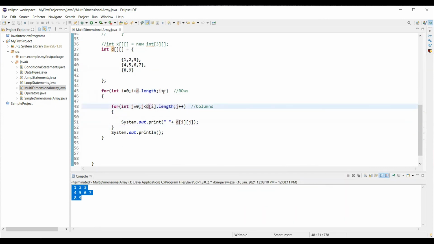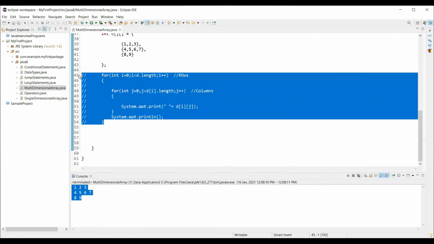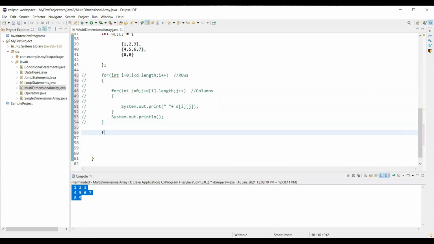We just took 2 indexes, i to represent the rows and j to represent columns, that is elements of each array. Now we can have this same thing using the enhanced for loop as well. We can display all the elements of a two-dimensional array using enhanced for loop as well. So let's see that now. We have d, which is a two-dimensional array, and from this we can actually read the single dimensional array each time. So let me call that as a.